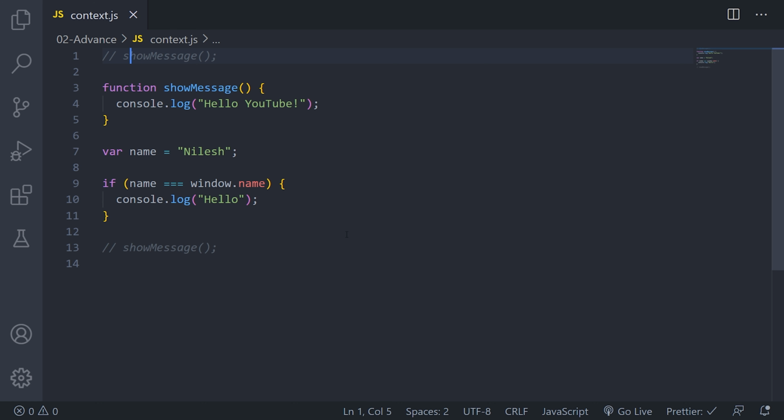But in some cases it works differently, like if you create a variable using the let keyword or declare a constant with the const keyword, it will not work the same way. So that is what I wanted to show you here.